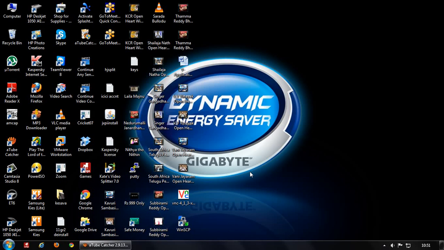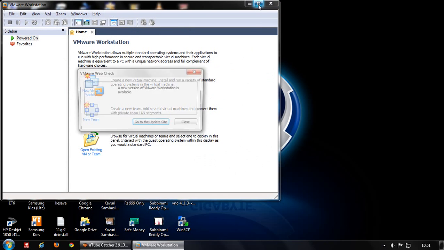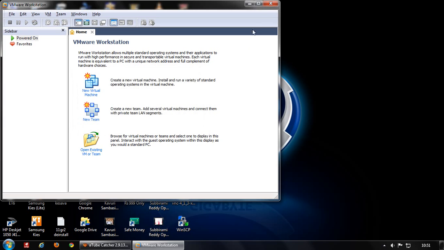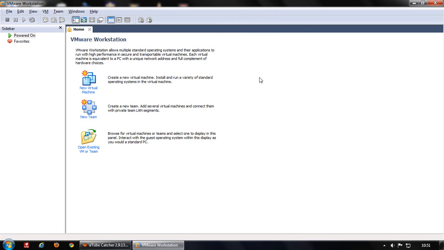Friends, today we are going to see how to install Oracle Enterprise Linux 4.7 version on top of VMware. So let us start. I am double clicking on VMware Workstation. Okay, so once we have VMware open, we need to go for the new virtual machine icon. So click on it,